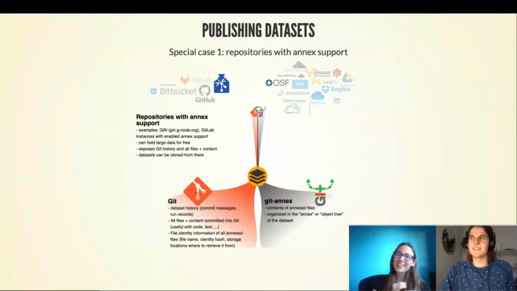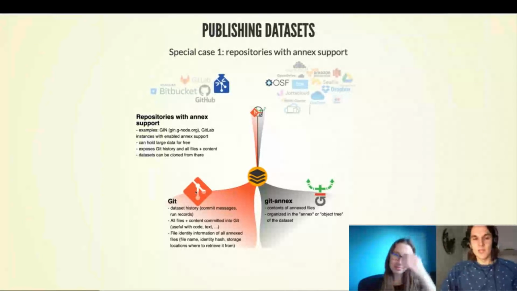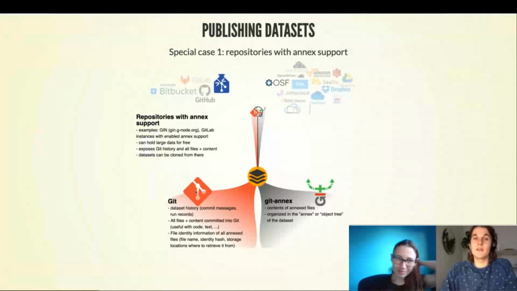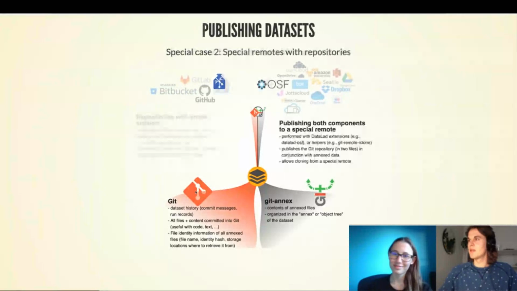Yeah, exactly. And Michael in the chat already pointed out earlier that it's actually very cool, this Gin service. And at the moment, it's still free. Let's hope that this doesn't change in the near future, and we can all publish loads of data to Gin. All right, so